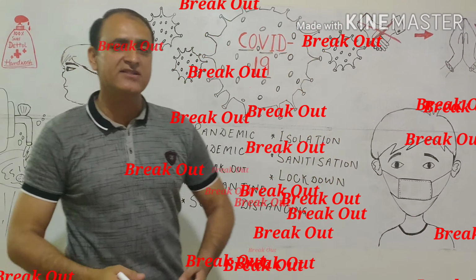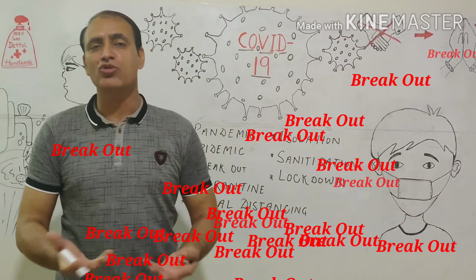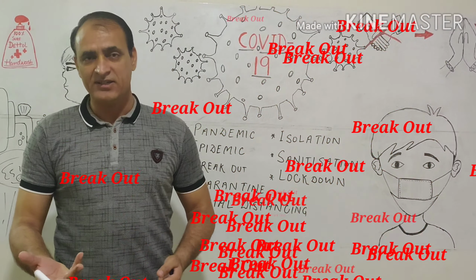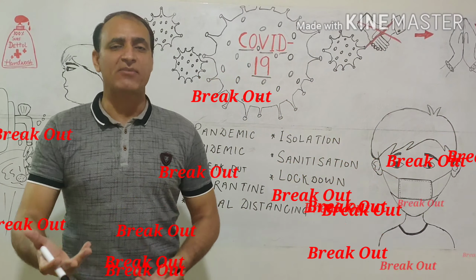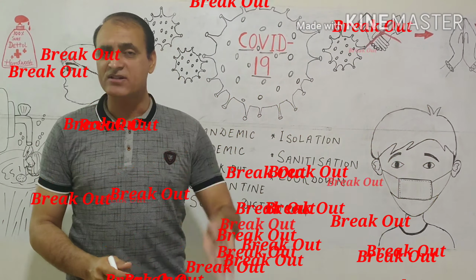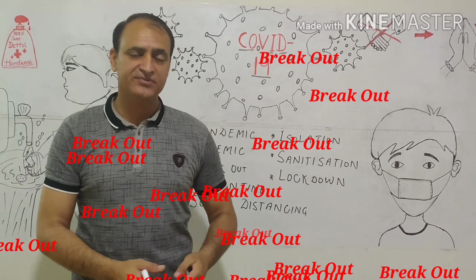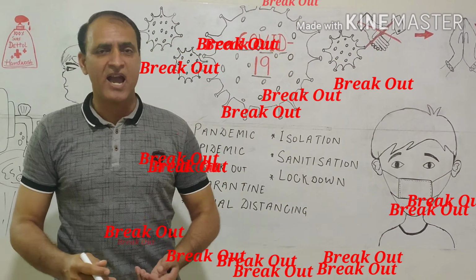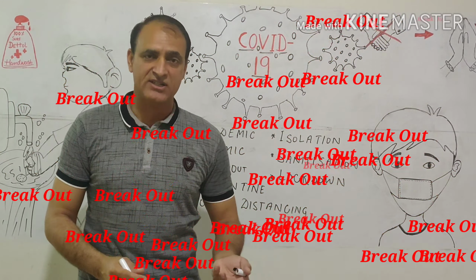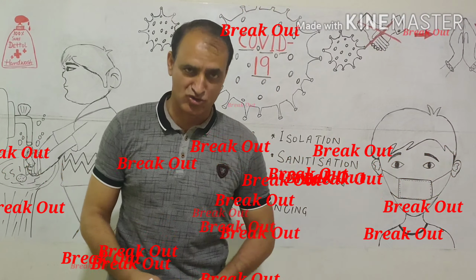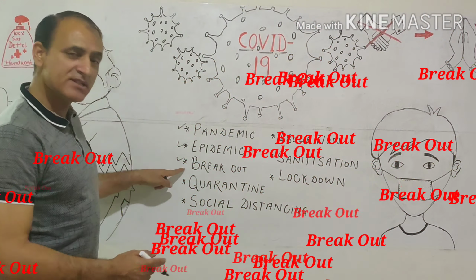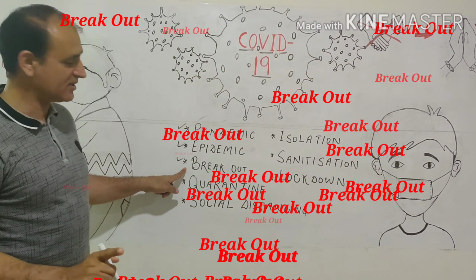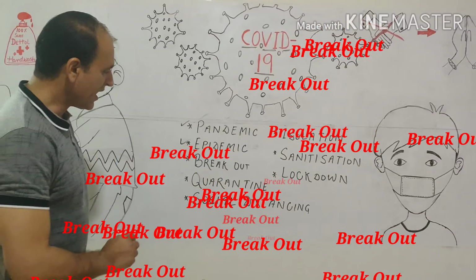Coming next is breakout. Breakout actually is a phrase and it is used especially for those events and things which start suddenly and start spreading uncontrollably. It can be anything. It can be a disease like COVID-19 nowadays, or it can even be fire. Sometimes we know that when a fire triggers, it becomes uncontrollably wild. So we say that the fire broke out. So breakout means to start suddenly and then spread at a very fast rate and speed. That is breaking out.